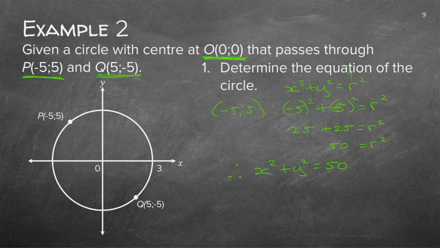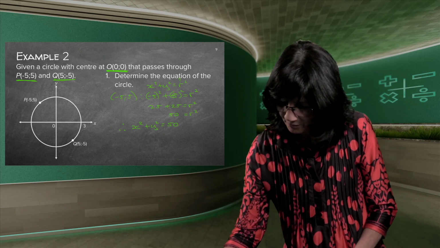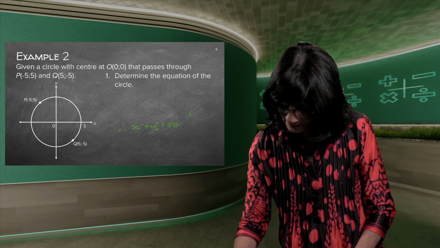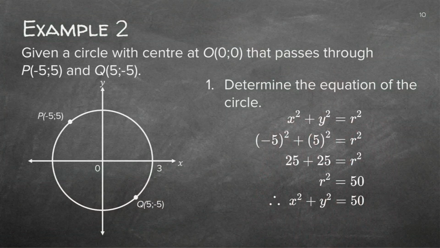So I did not even use the other point. I will use that maybe in the next question because I'm going to rub this out so you can redo it. But there's also other subsections here. So let's just see, after you've redone it, you will see there's your answer. I'm only interested in the r squared. So I've written down my formula, x squared plus y squared is equal to 50.